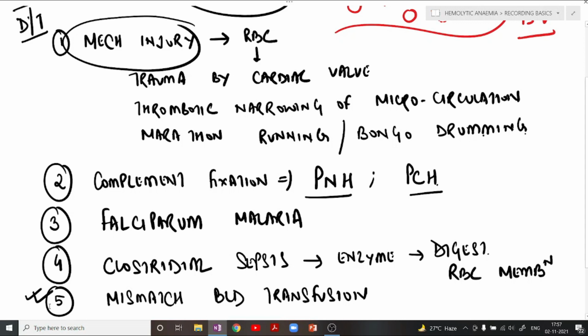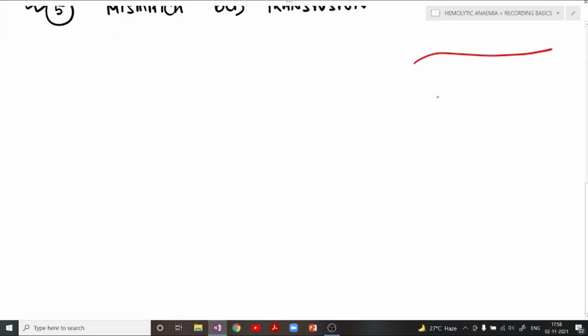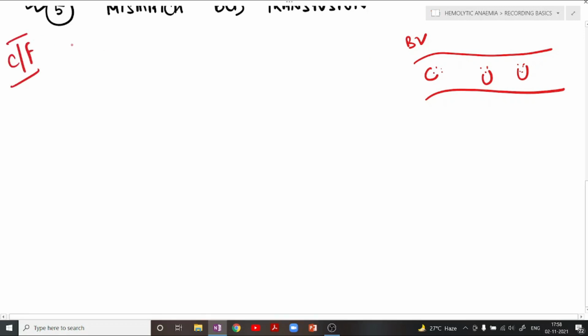Now we are going to try and understand one important thing, that is, what are the clinical features of intravascular hemolysis. As I told you, in intravascular hemolysis, this is the blood vessel. Whatever RBC is there, it is broken down here in the blood vessel only. So once the RBCs are getting broken down in the blood vessels, what will happen? What are the very important exclusive clinical features?